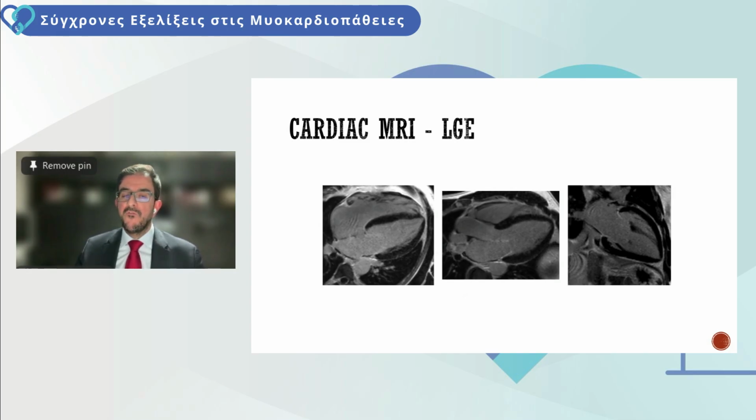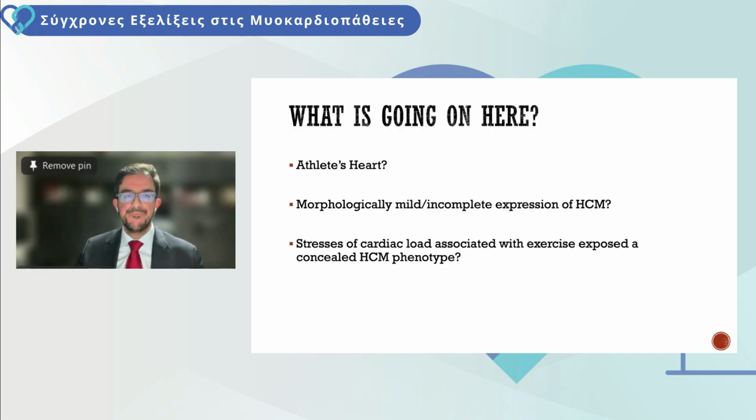And you may consider 13 to 14 millimeters as very high, but the reality is that we know that up to 12% of athletic individuals of black descent may have wall thicknesses close to 13, 14, and sometimes even 15 millimeters. So the question here is, what do you think this represents? Is this athlete's heart? Is it a morphologically mild or incomplete expression of hypertrophic cardiomyopathy? Or is it even possible that the stresses of cardiac load associated with exercise have exposed the concealed hypertrophic cardiomyopathy